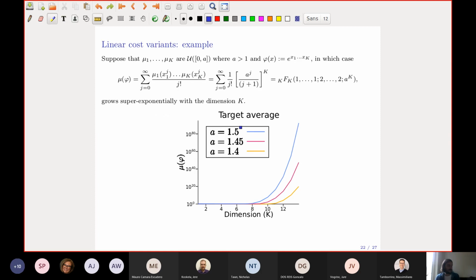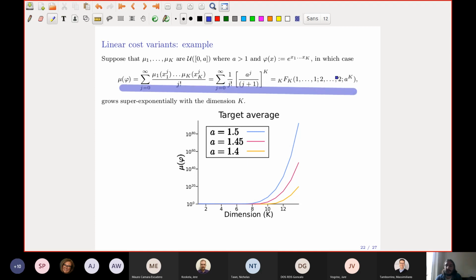So here's an example. This is the simplest example that we could think of to try to illustrate this point. In this case, we had a product of k uniform distributions on the interval 0 to a, where a is some number greater than 1. And our integrand was basically, you take the product of the components and you raise e to the product of the components. And you can find